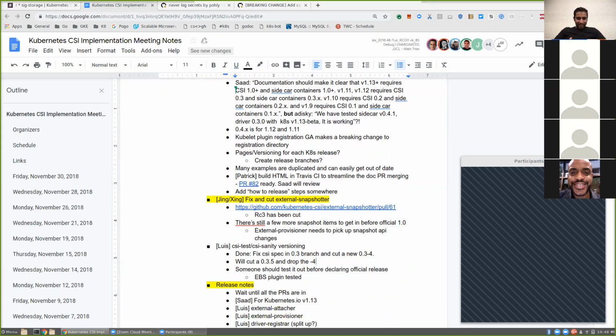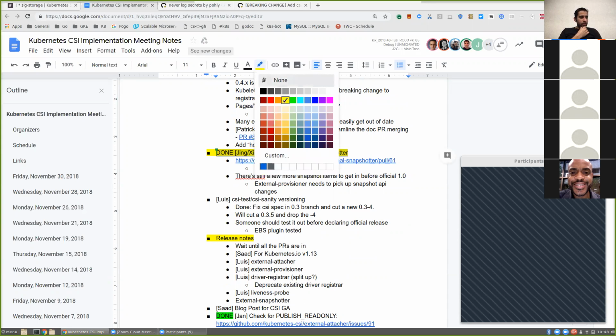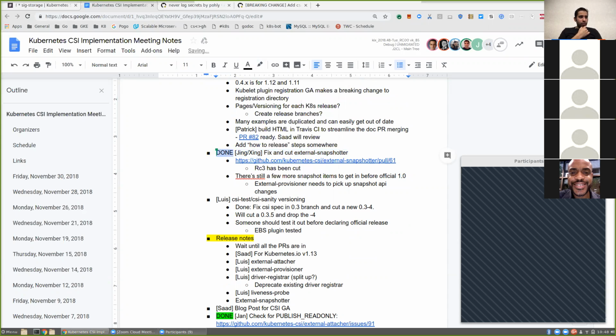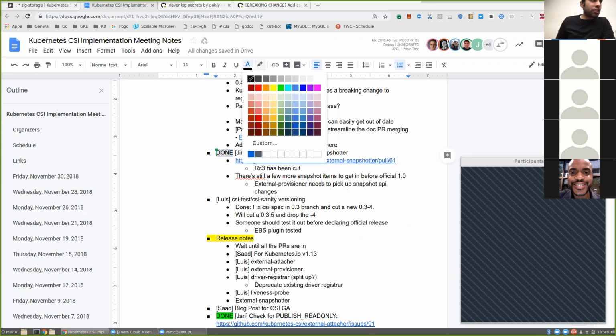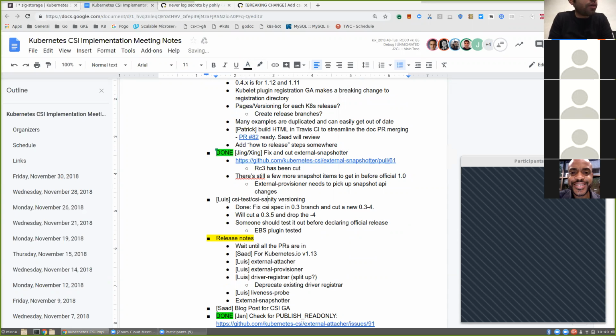All right, we talked about external snapshotter already. I don't know if we need to track this anymore. I think this is done. Xing, how confident are you in the current snapshotter code? And do you believe the GCE driver has been updated adequately to handle CSI 1.0?